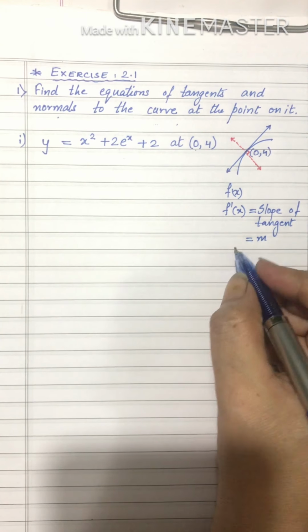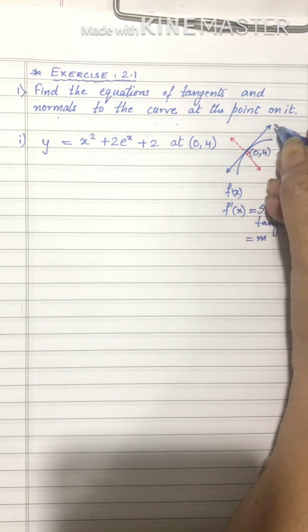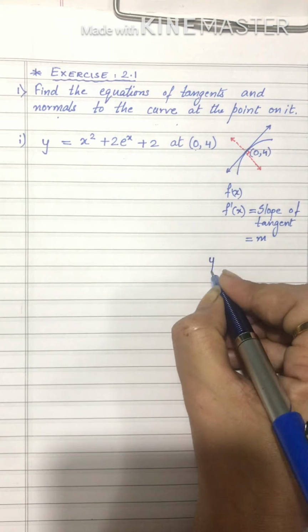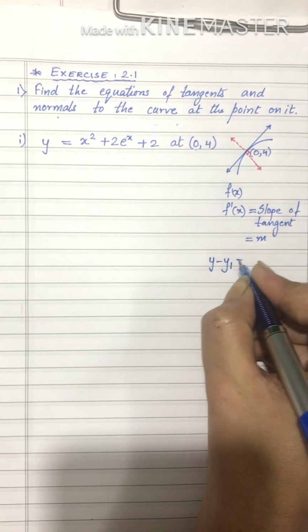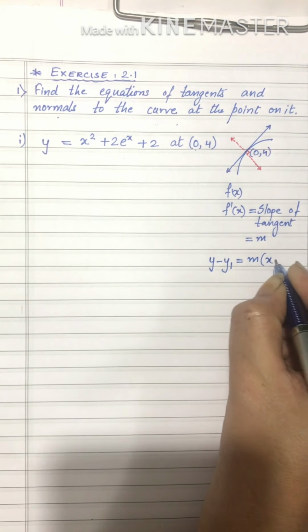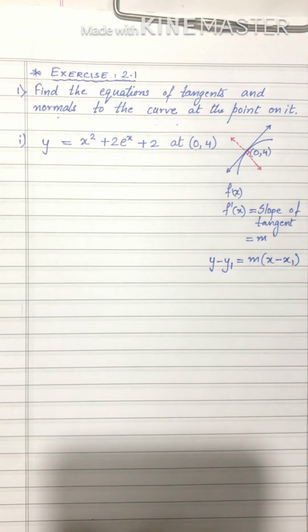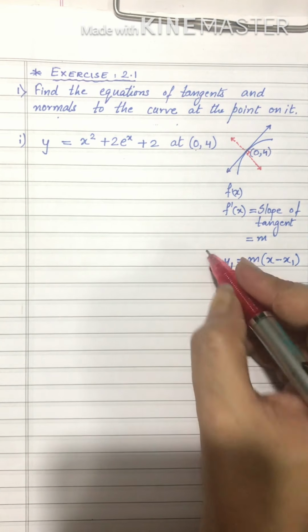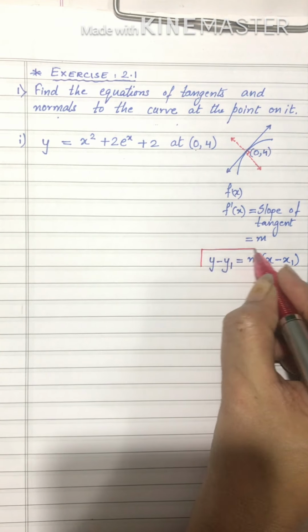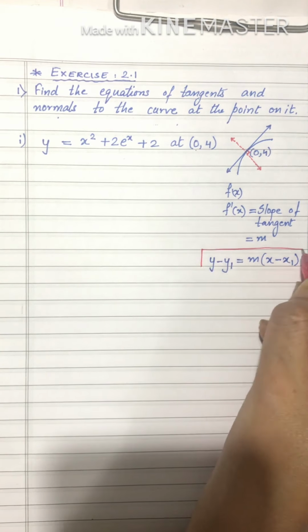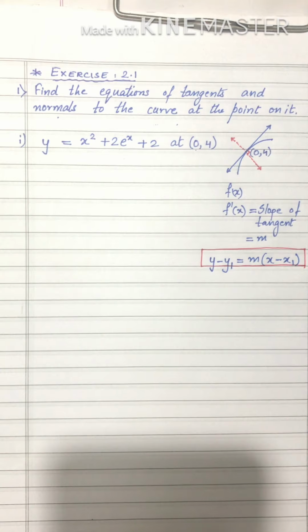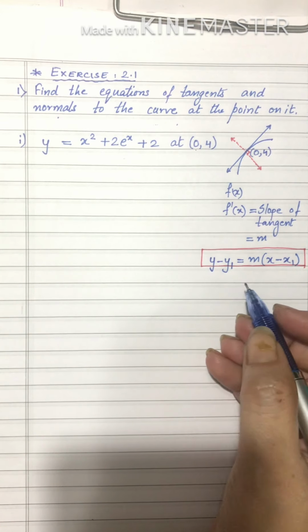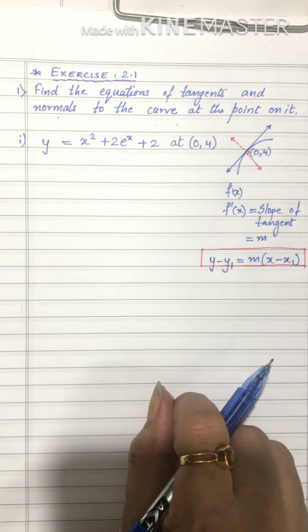This, and then finding equation of tangent. Tangent is nothing but just a straight line. So we have already done this in our 10th standard. What was the formula? y minus y1 is equal to m into x minus x1. Now this is how we're going to find equation of the tangent. This equation is also known as slope point form. Finding equation by slope point form. Let's see how we will solve the sum using all this.